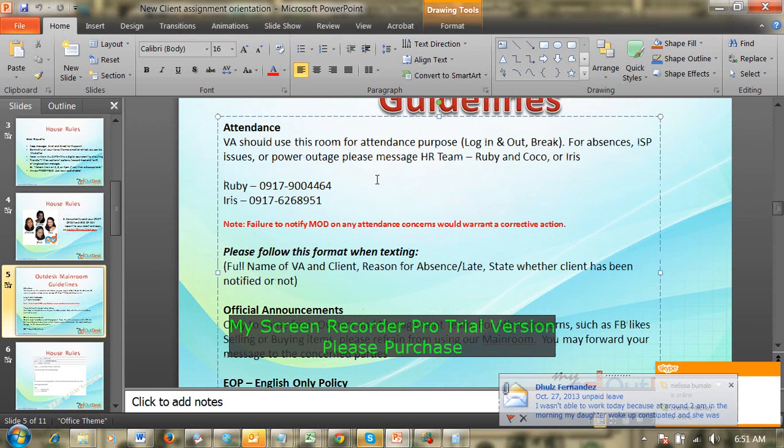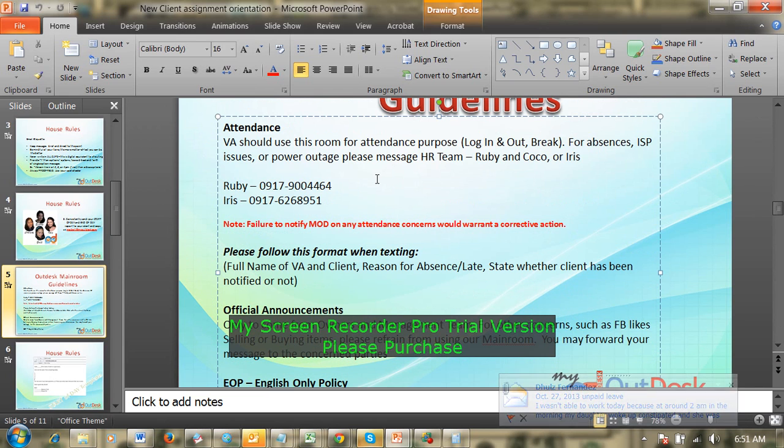Aside from that, now we already have mod clock. So aside from the main room, make sure that you're logged in to mod clock on time for you not to be tagged as late. In mod clock, you should just be logging in using your login details. Then once you're in, just click on mod in, and it should ask you for your start of day report as well.